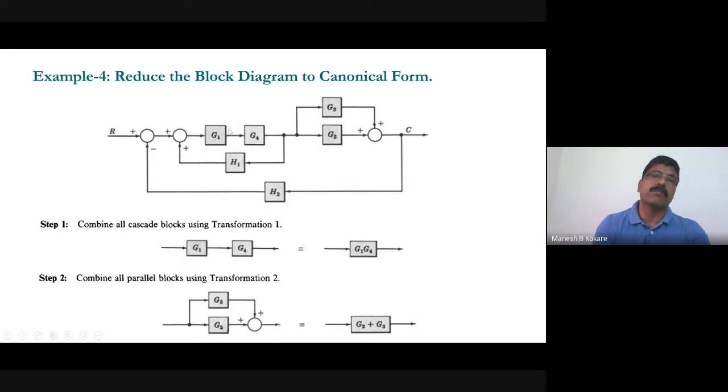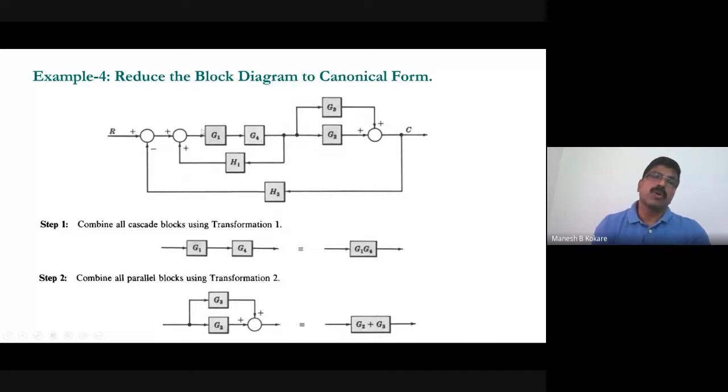parallel. Now see that after reducing this into a single block, you have another rule you have to apply here, because G2, G3 and Z2 are connected in parallel, that input is common and output is a summing point. So this will be the algebraic summation of these. So these 2 blocks can be reduced into a single block having transfer function equal to the algebraic summation, because this is plus, so G2 plus G3. So this entire term can be reduced into a single block, that is G2 plus G3, and these 2 blocks can be reduced into a single block, Z1 into Z4.